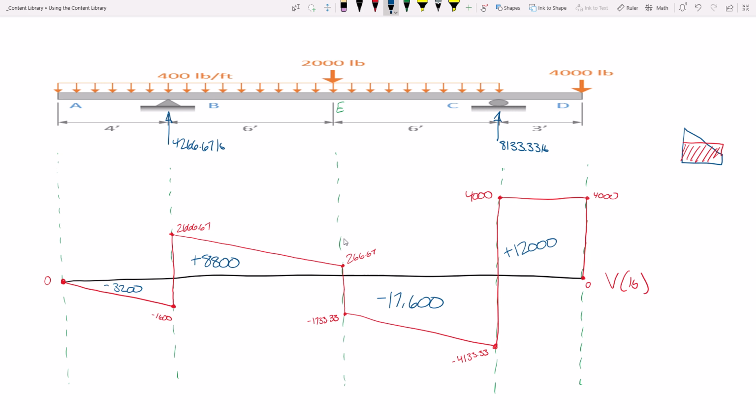Now I want to stop for a second. I want to make sure that everybody understands what we just did. Very good? You want to check to see whether or not these are correct. What is that plus that plus that plus that? 0. Why? Because they all add up